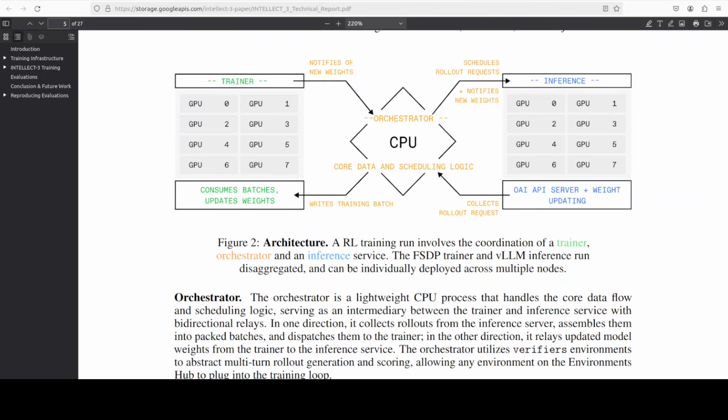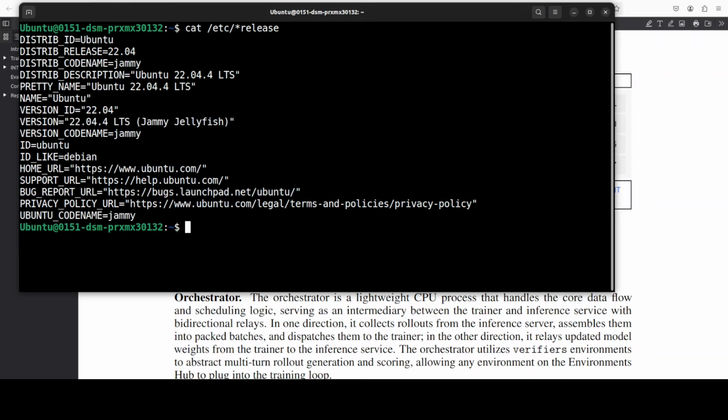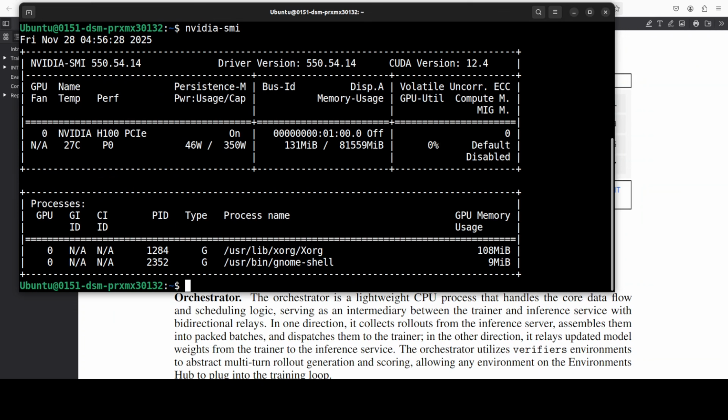Now, my system has only one GPU. Let me quickly show you. So this is my Ubuntu system, and I have one GPU card, an NVIDIA H100 with 80 GB of VRAM, courtesy of